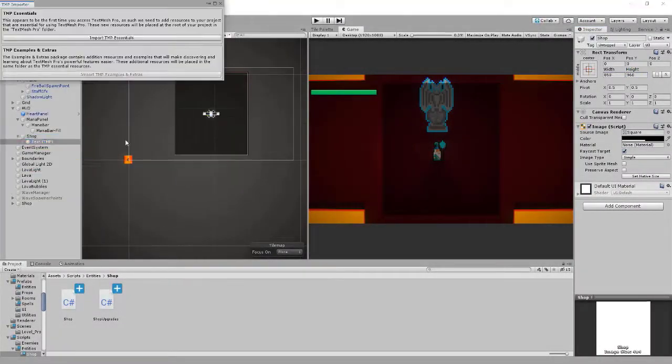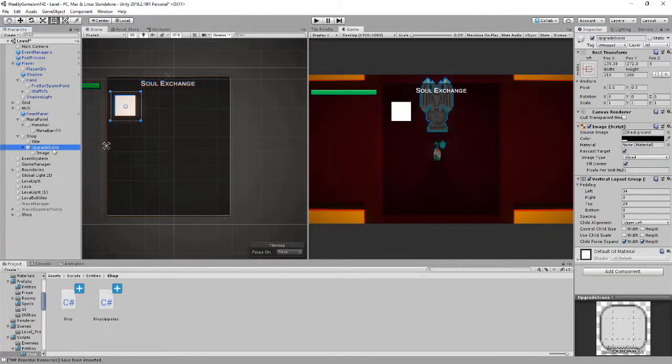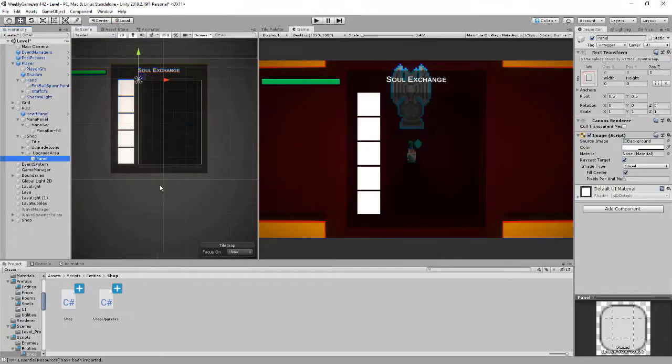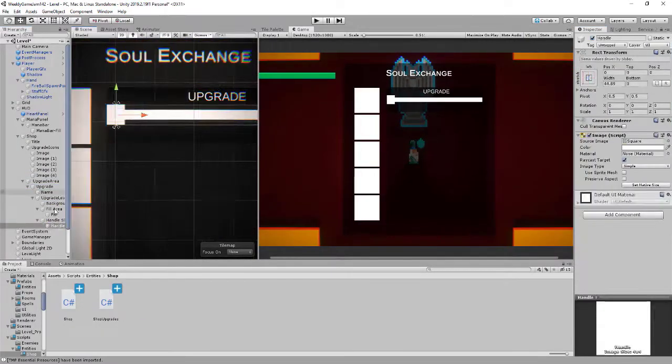I wanted to create a sense of progression to the game, so I decided to create a simple shop system. I had never made a system like this before, so this was a challenge for me, but I had a lot of fun making this and in the end it worked perfectly.